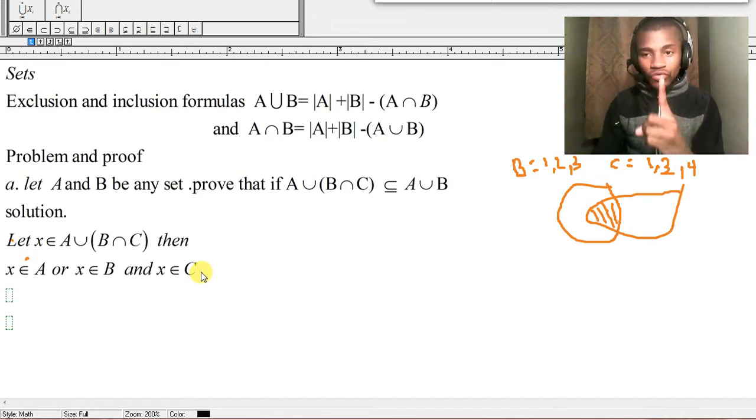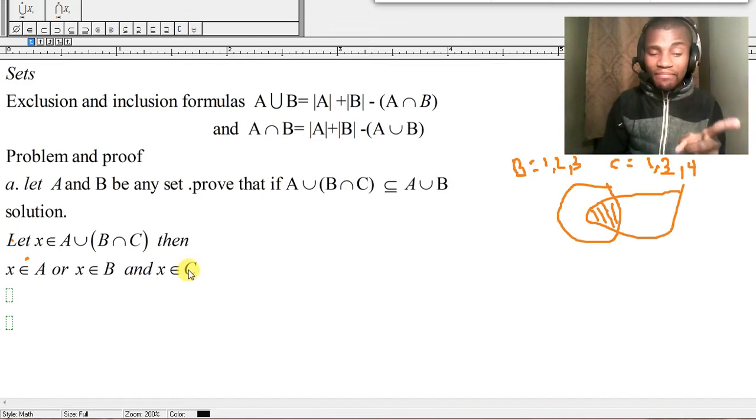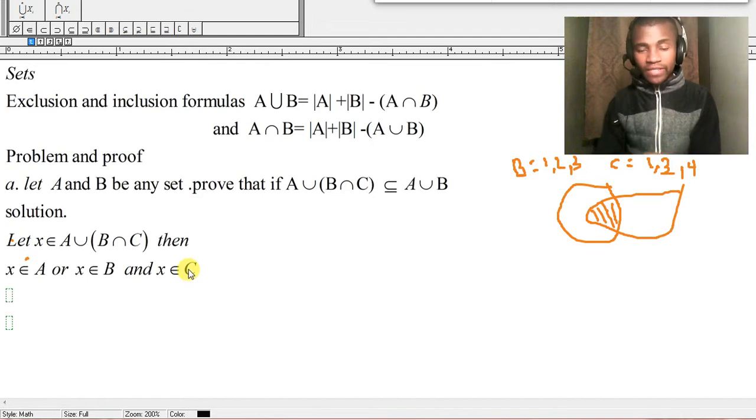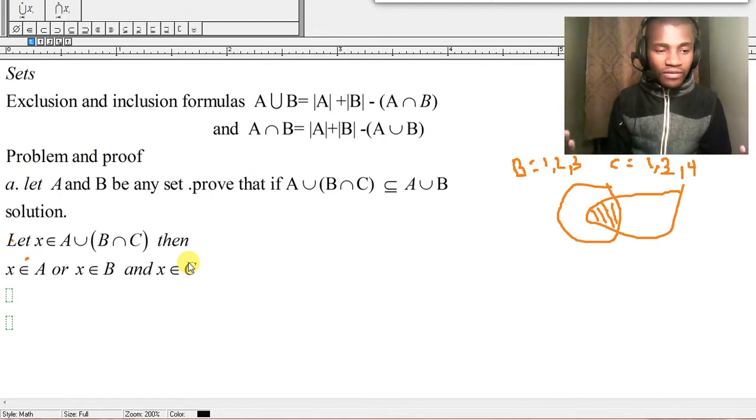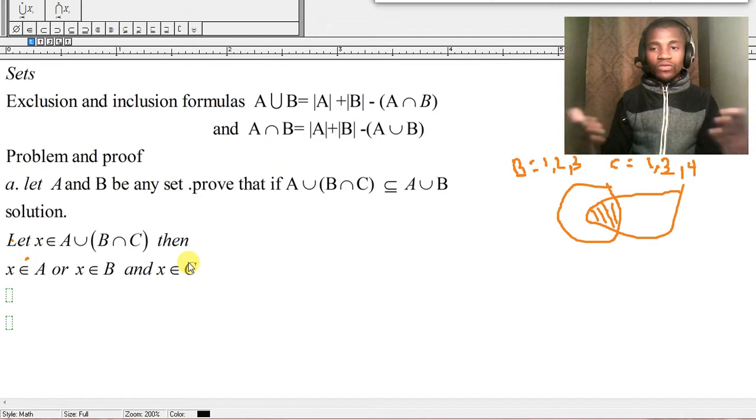But what we are sure of is that if X happens to be an element of B intersection C, then it means it appears both in B and also in C. Then we can just select any of that, and we'll be on the safe side. We won't lose anything. But if we happen to leave out A,